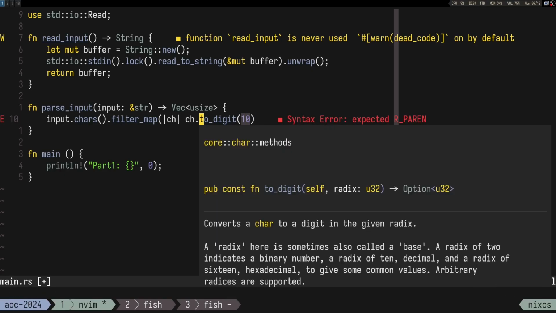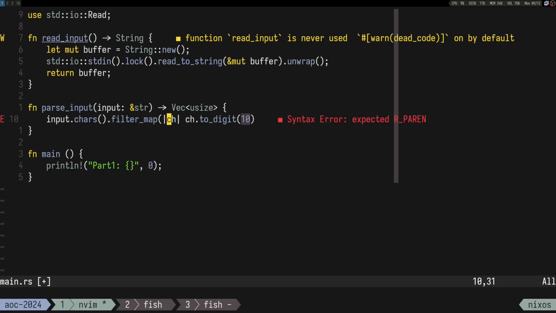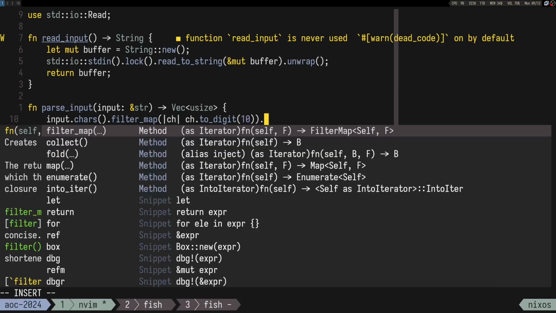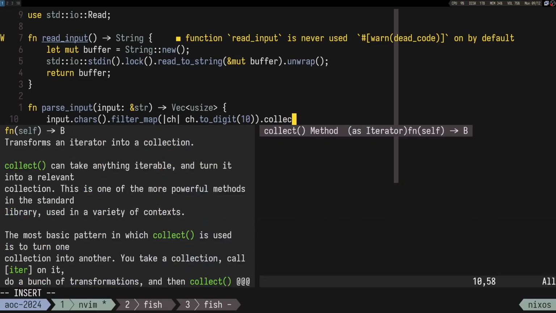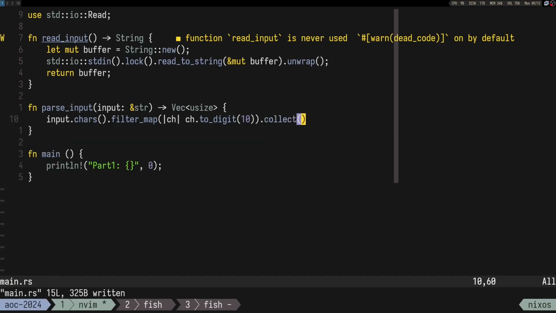This returns an optional, so that's why I want to do a filter map to get rid of the ones that error. There shouldn't be any, but who knows. And then we collect into